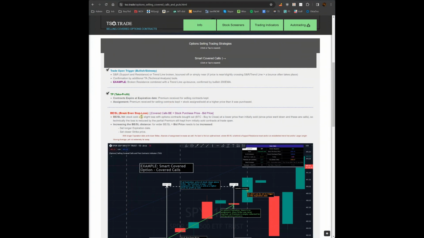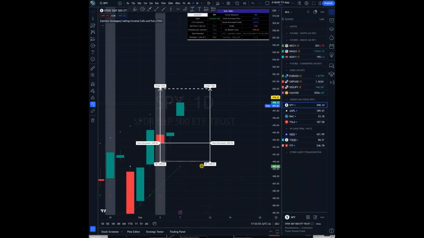Now, break even stop loss, that's basically how I named it, BASL. This is the formula, how it's calculated, just in case you want to know. Now, just like it says here, if the stock is sold when it hits the break-even stop loss, let me get back to the chart. This is what I already explained. If, for example, it hits that before the expiration,